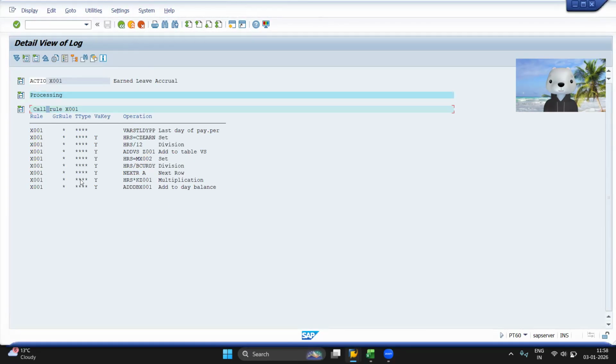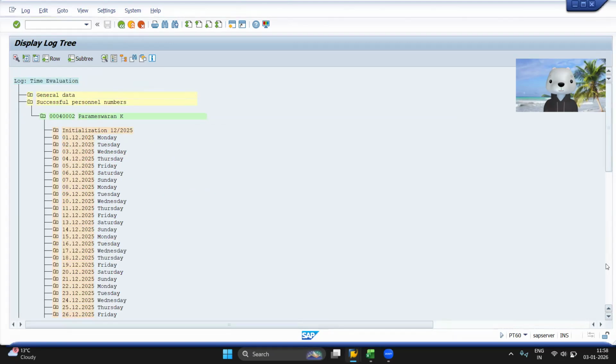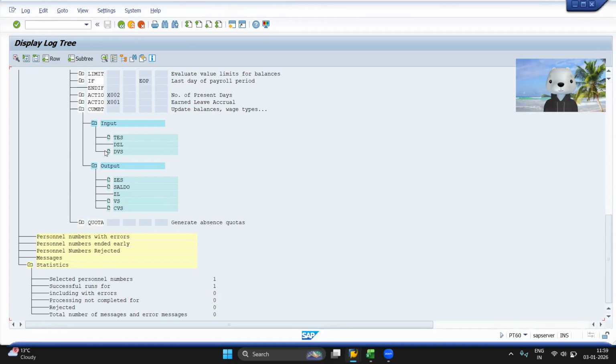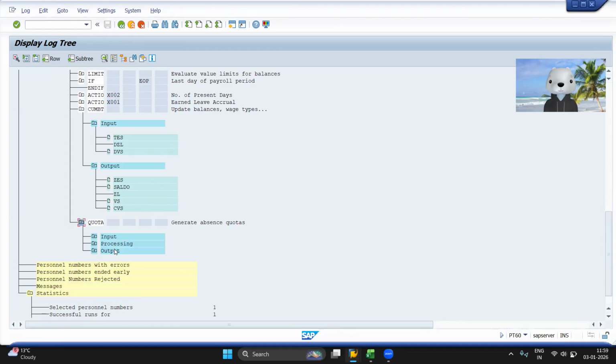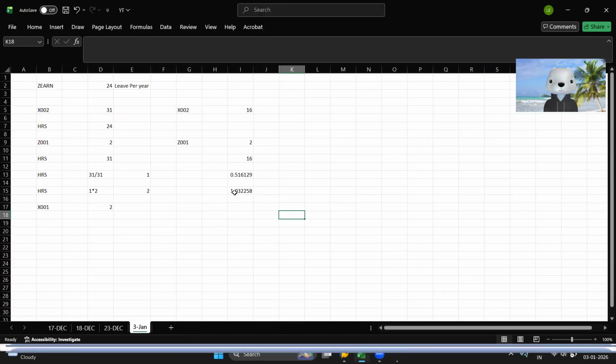Hope you got the logic and the understanding of PCR from my explanation. So if I go to quota and the output based on the proration, this value got generated for the employee and then it got transferred as 1.003. Because the employee was present only on 16 days, that's why this